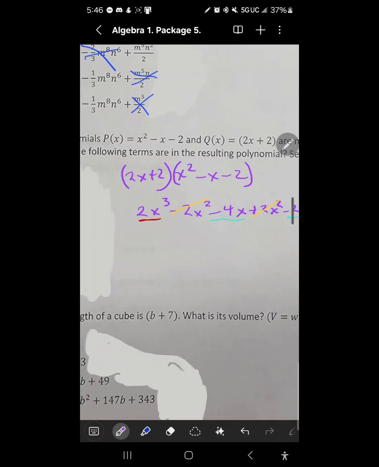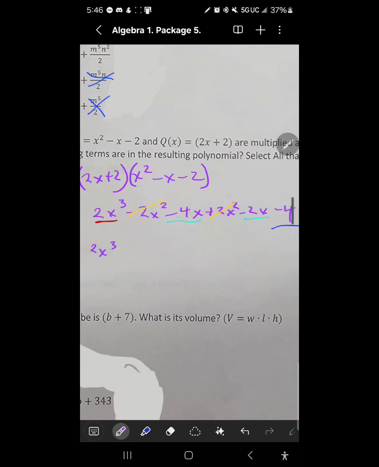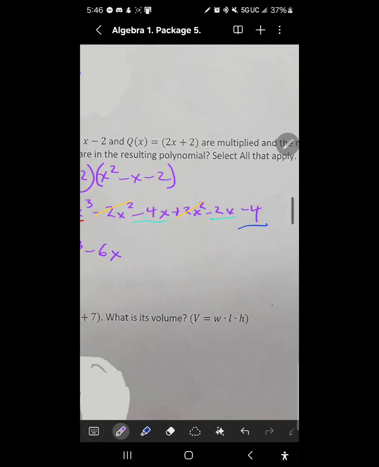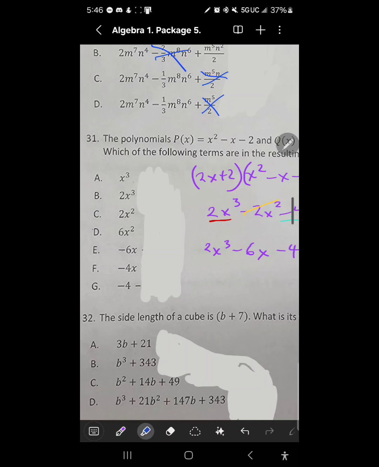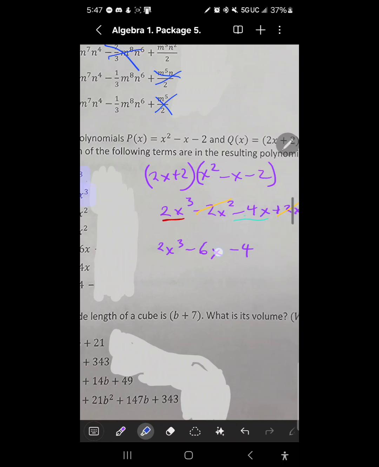So this will be x cubed. The x squared terms just cancel out, so minus 4 minus 2, we keep the sign, add them together, so 6, and keep the x, and then minus 4. Let's see which of the terms. x squared is 1, x cubed is 1,